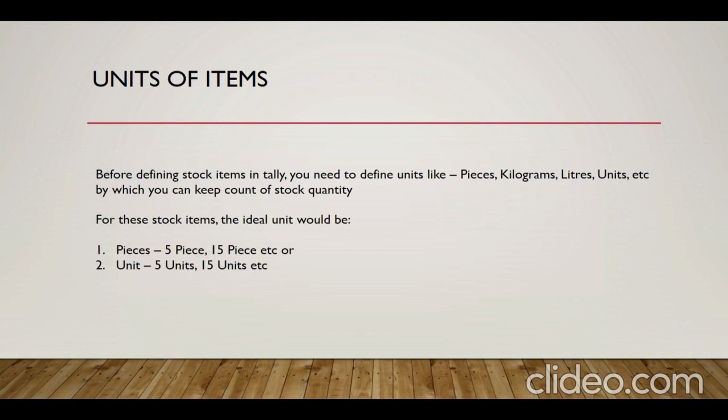For example, when you sell laptop, you sell them in units, like we sold 5 laptops. So we can say that we sold 5 units of laptop. We purchased 10 units of laptops. So we need to define those units first in Tally. And there could be different type of units depending upon the type of the business. For example, a dealer selling cement would define units like kilograms or bags because that is the relevant type of units by which he can measure the quantity of his stock.